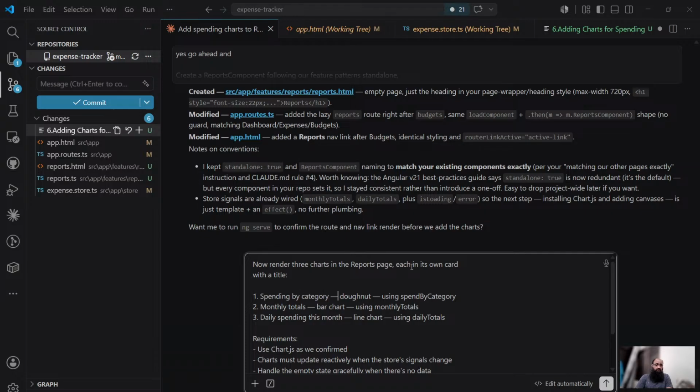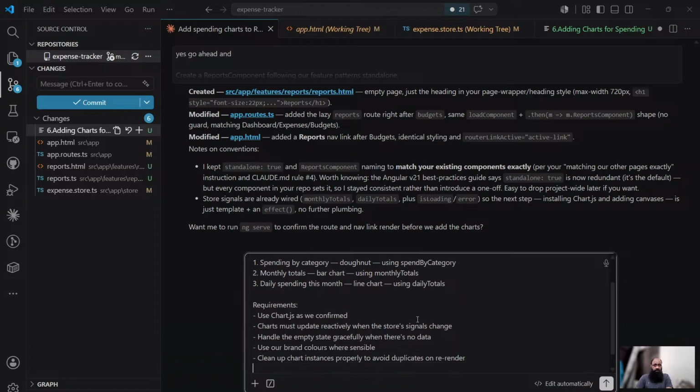So this is going to be a doughnut using spend by category. Then we are going to have a bar chart using monthly total, and then we are going to have a daily spending this month. So line chart. So with this, the requirements: use Chart.js as we have already confirmed, then